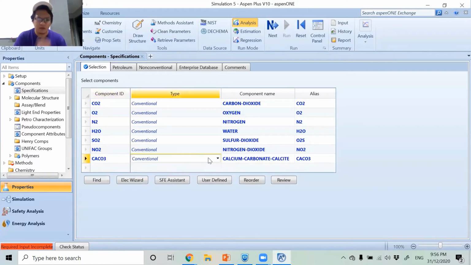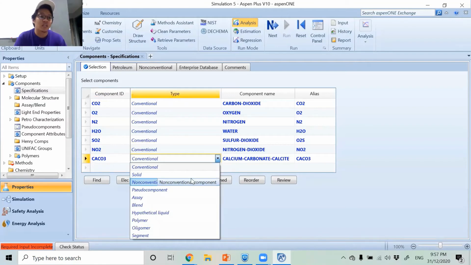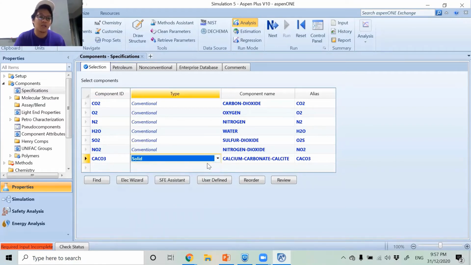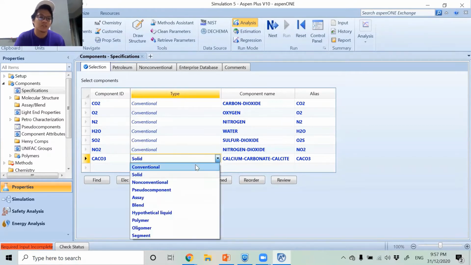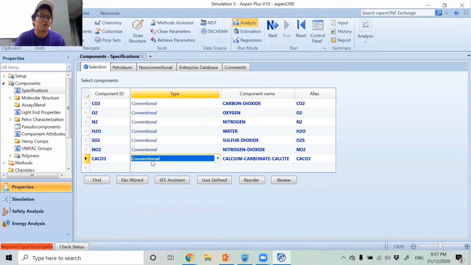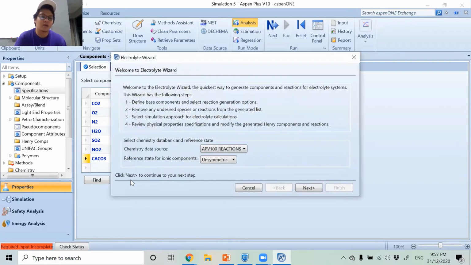Limestone is a solid. It is in solid form. So I can choose solid if I want, but I decided not to do that. So I'm just going to choose conventional type. The type of the component for my calcium carbonate is a conventional type, as opposed to solid type. And then what I need to do next is I will click Electrolyte Wizard,